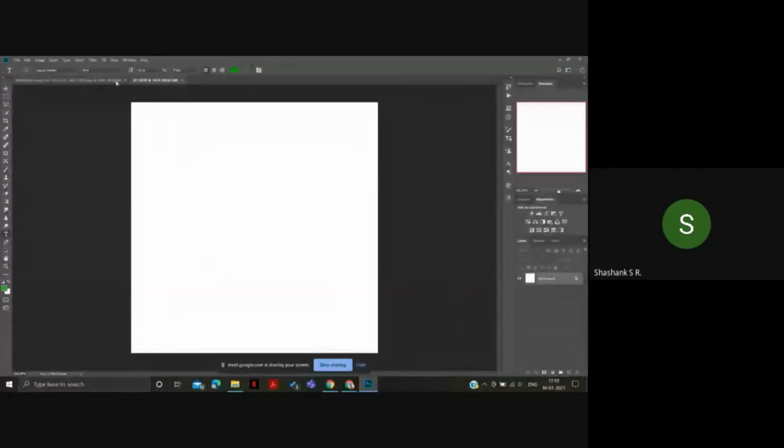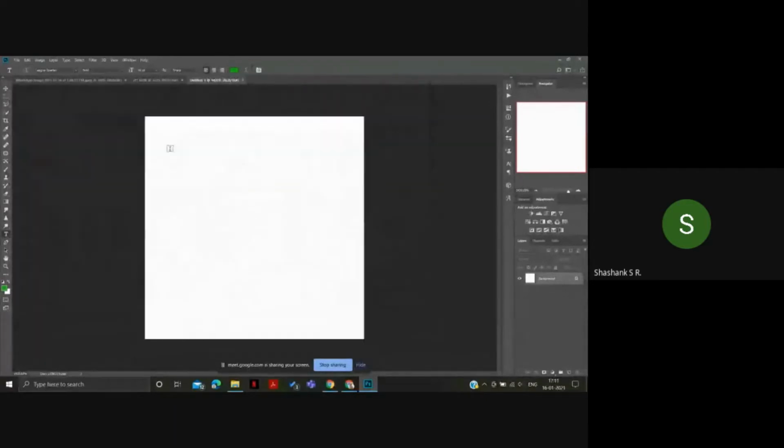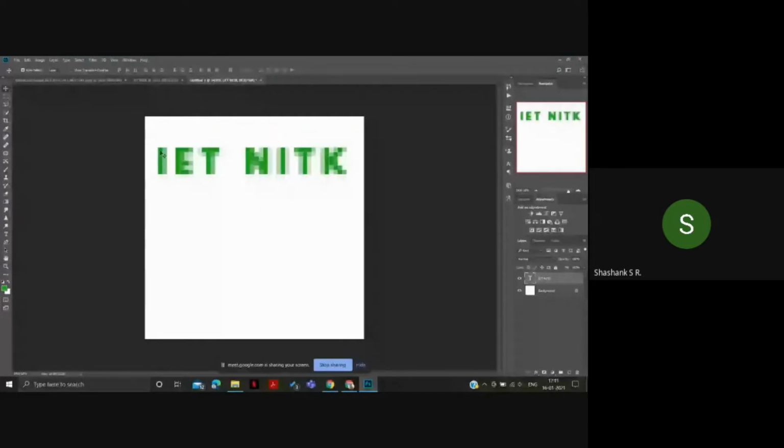Now I'll show you what happens if you choose a lesser pixel background. Say you have put just 50 and 50, so there are fewer squares, right? Less background. I'll type something. I think you can see small boxes over here.